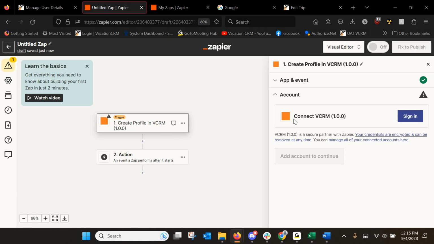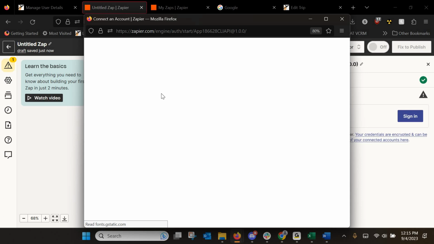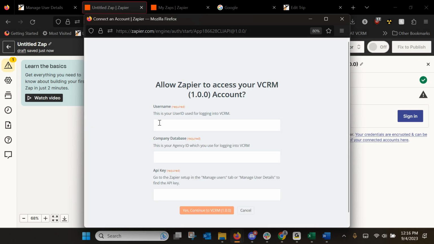And here is where you're going to tie your VCRM account to your Zapier account. So we're going to go ahead and click sign in, and you're going to see this screen here, and as soon as it loads, you're going to enter your user ID in VCRM and your agency ID, and then you're going to grab this out of VCRM. So in this case, Steven, and this is the demo account,